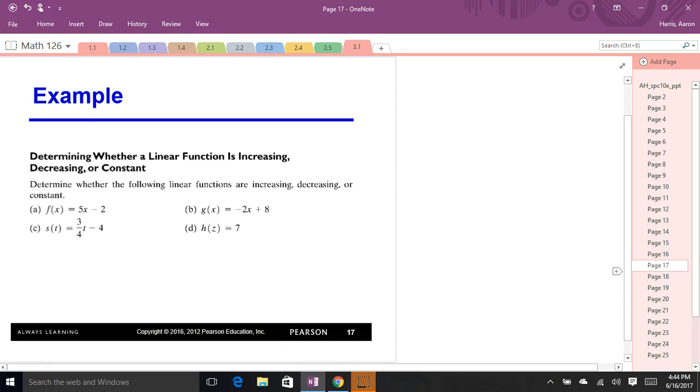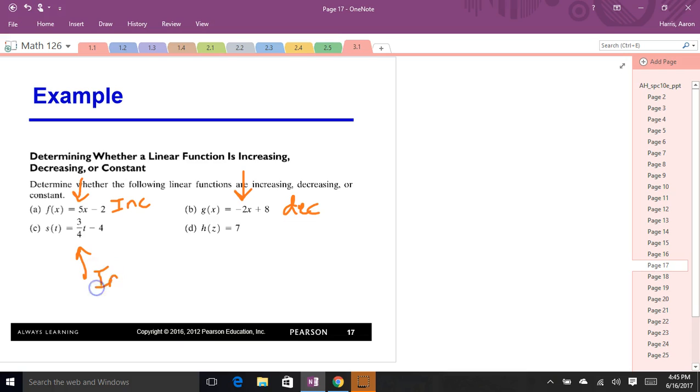So you look at this first one, you got 5x minus 2. You say, well, without graphing this thing, is this thing increasing, decreasing, or constant? You say, well, my slope is positive. My slope is 5. So this thing's going to be increasing. Whereas over here, my slope is negative 2. This one's going to be decreasing. Right here, my slope is 3/4, increasing. And finally, you got this constant y equals 7. The slope is 0 here. Notice it's 0x. They don't write 0x in, but your slope is 0. All right, this is y equals 7. That's what it looks like. So this thing is constant